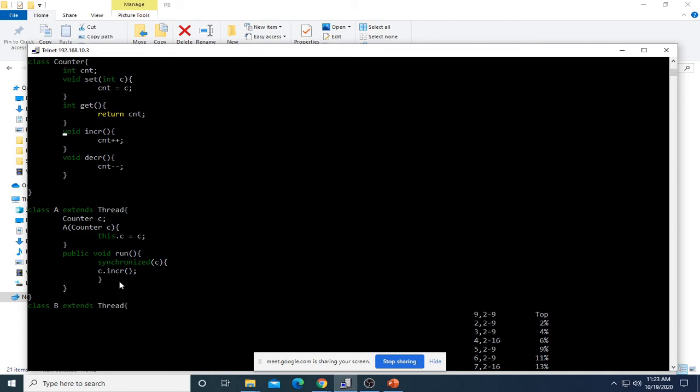From now on, whenever you write a program using threads and you make use of a single shared copy, don't forget this synchronized keyword. It avoids thread interference effect and ensures that your output is always accurate.